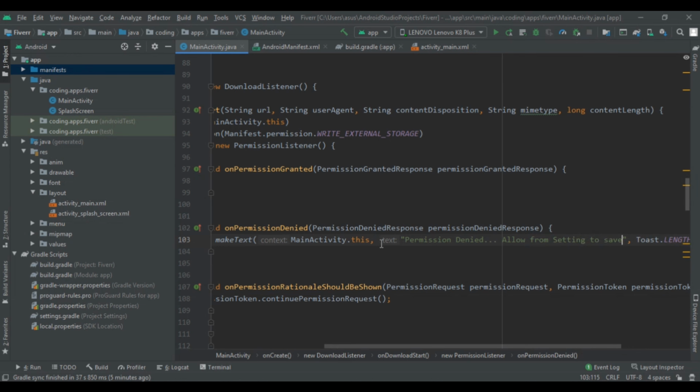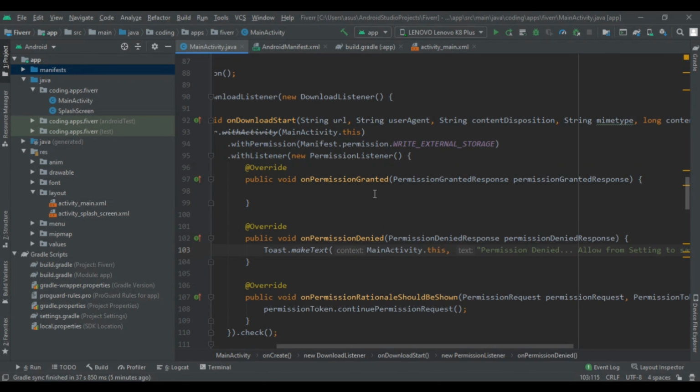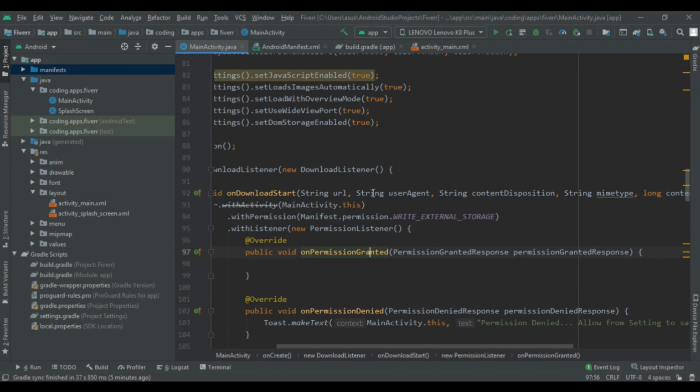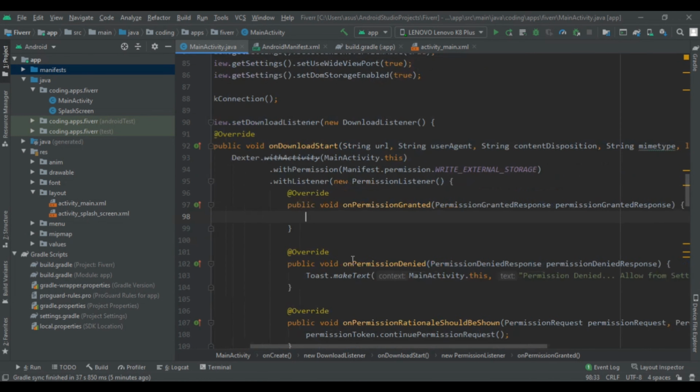Instead of showing this toast to your user, you can also use the intent to the activity settings. So in this video we are not going to do this.